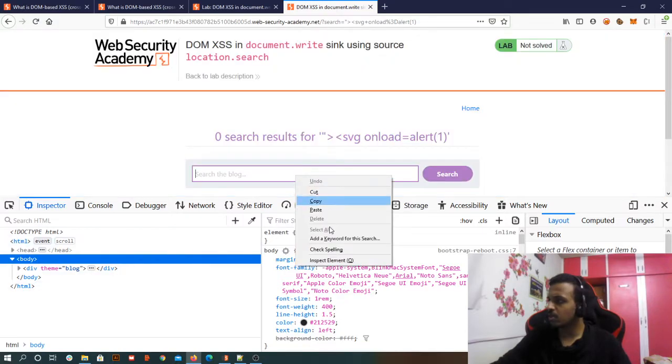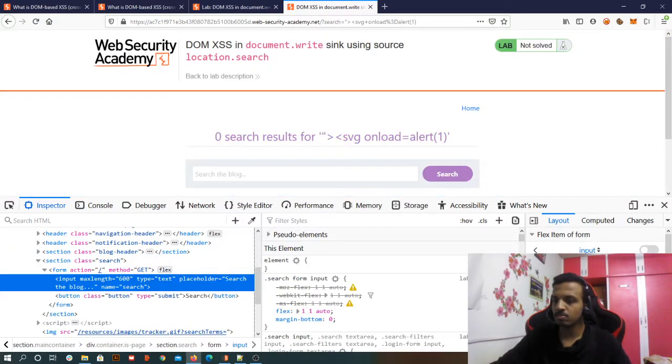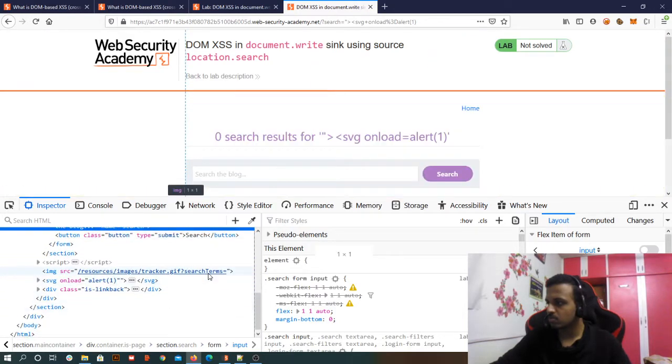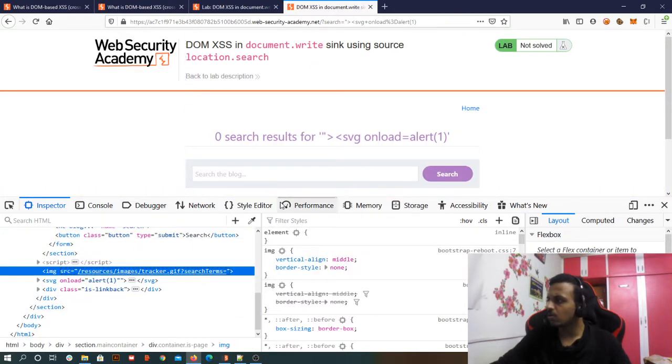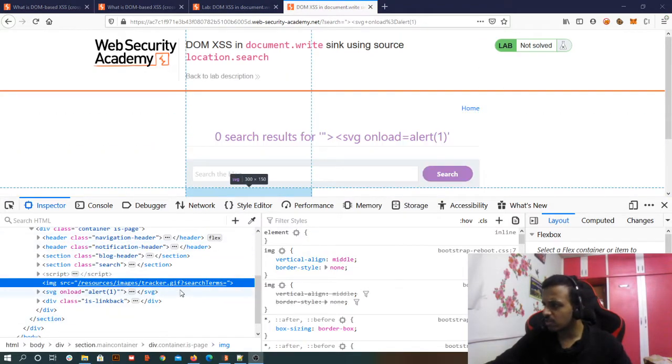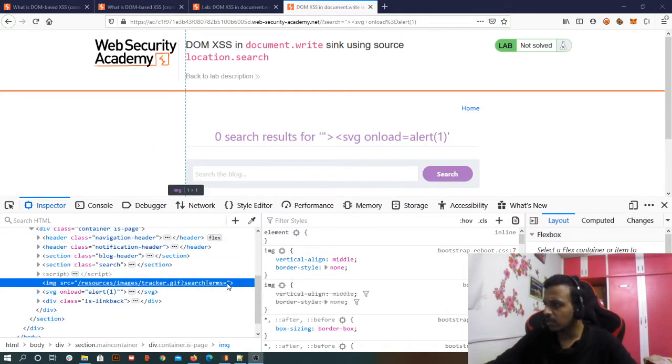and let me open my inspect element. Where is it? No, I didn't paste it, or what? Control V. Yeah, this is what I want. Search. Right, so this didn't work. Why? If you can see here, no SVG tag came after our search. It means there was something wrong. We didn't do something right.